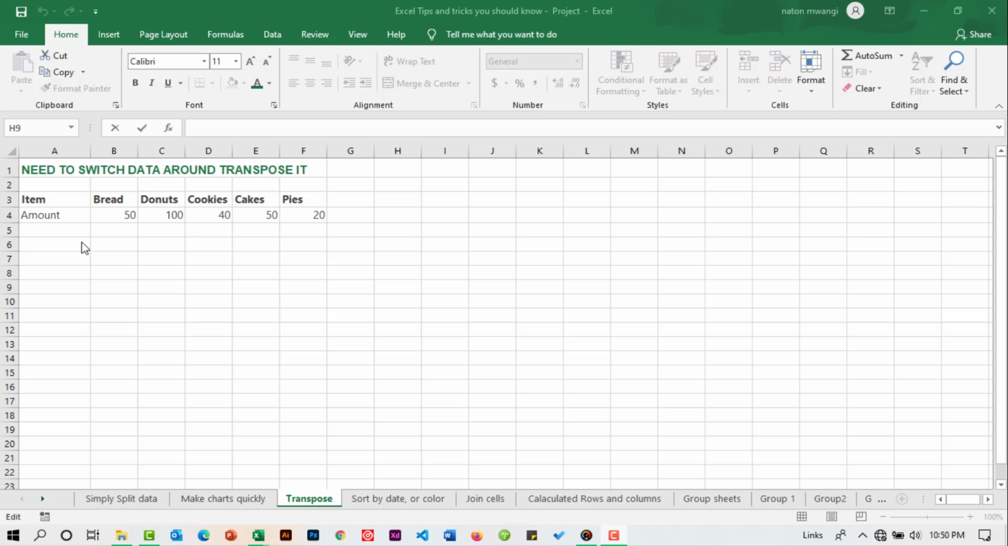Well, in front of me I have a simple table containing 2 rows and 6 columns, and what I'm required to do is to switch them so that I have 6 rows and 2 columns. So this is what is called transpose. So all you need to do to switch is to select the whole table,